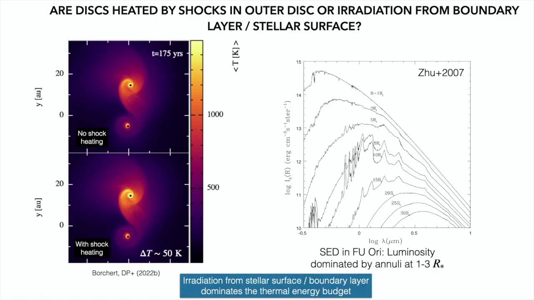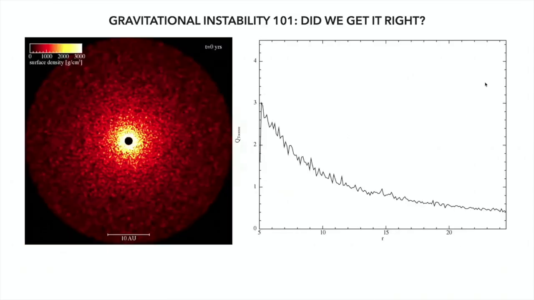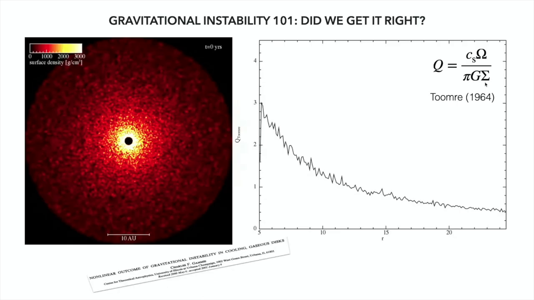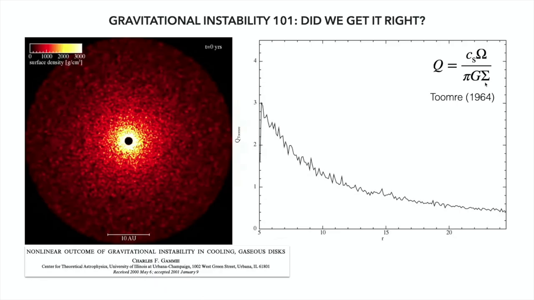Okay? But it's important for one of the other mechanisms we talked about, because the standard way that we study gravitational instability is we take a disk, we assume there is no heating from any central object, and we watch it go with some cooling, which is then balanced by heating from shocks in the disk to get this kind of self-regulated turbulent state in the disk. Following? Yes, no?